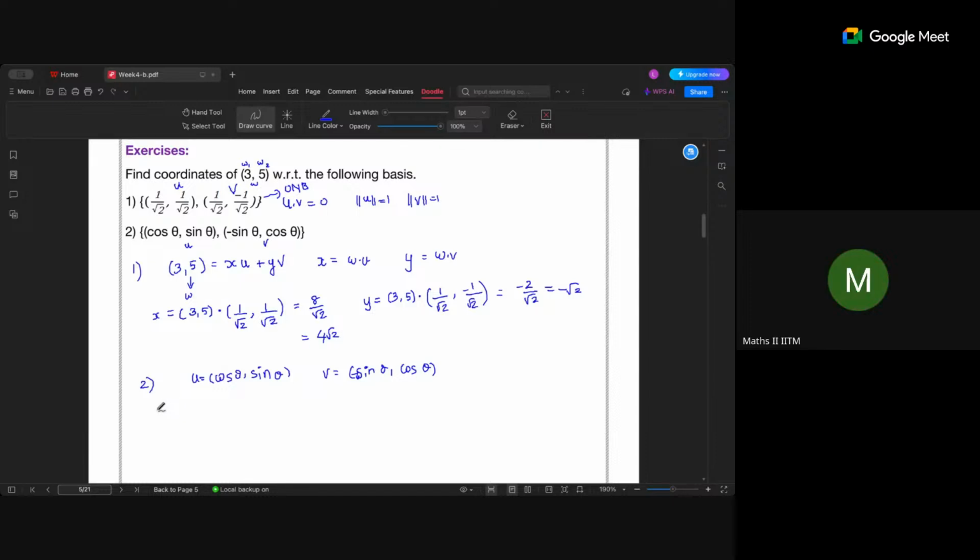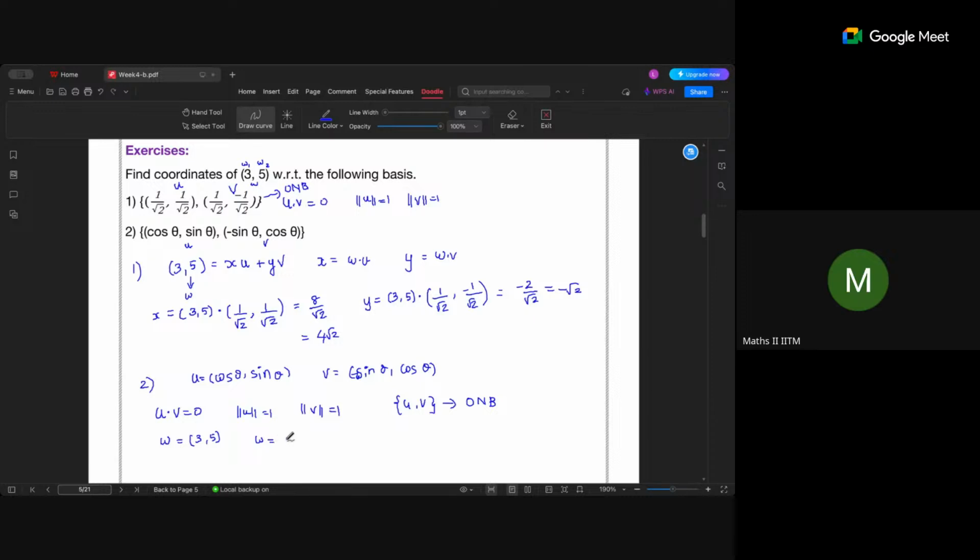Zero. Right? So you get u dot v is 0. What about norm u? 1. Norm u is 1, and norm v? Also 1. Okay, so you see that this basis is actually an orthonormal basis. So since this is an orthonormal basis and you have w is equal to (3, 5),